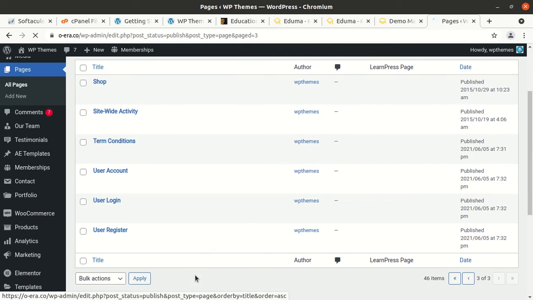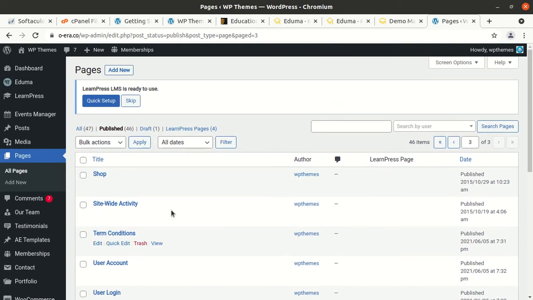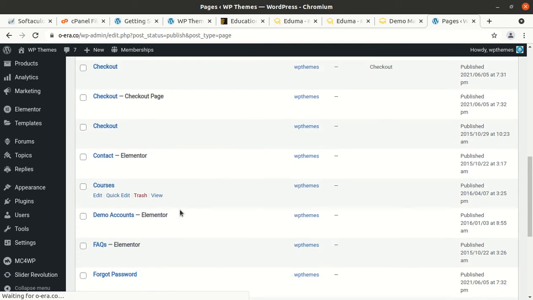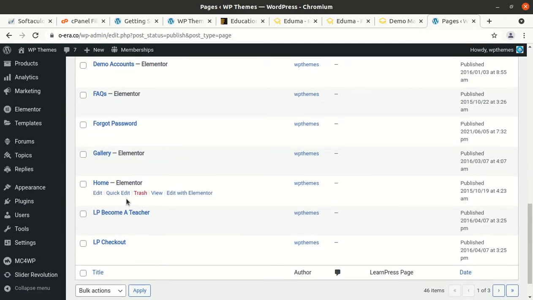And it is also having some pages. So we got all the pages here, and sliders are there, all the contents have been imported. So we can check the home page, how it looks.